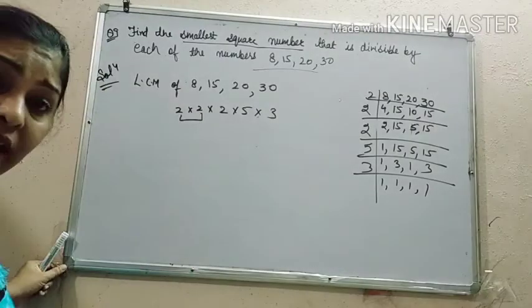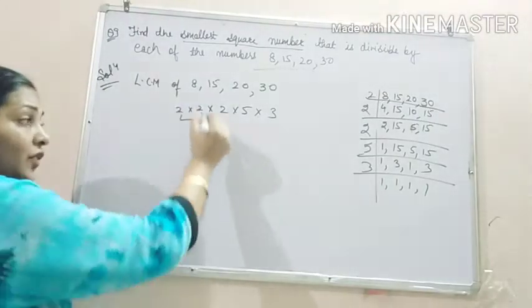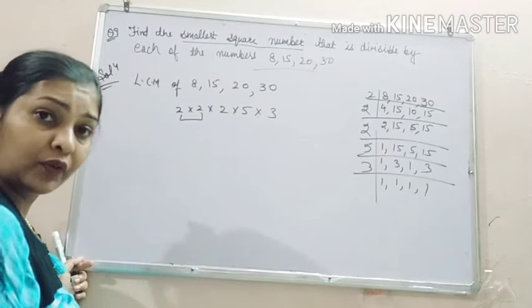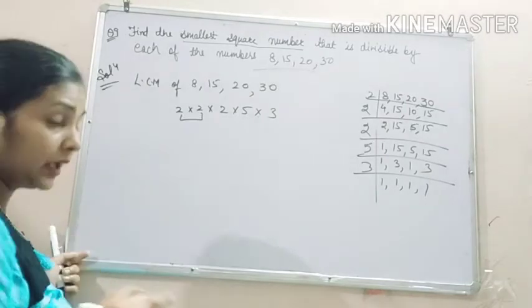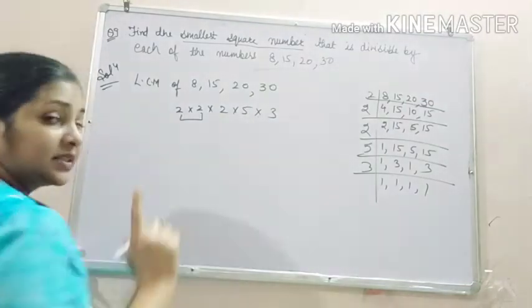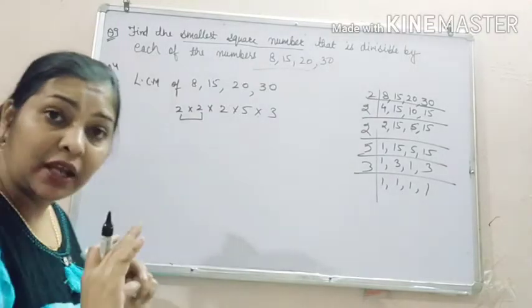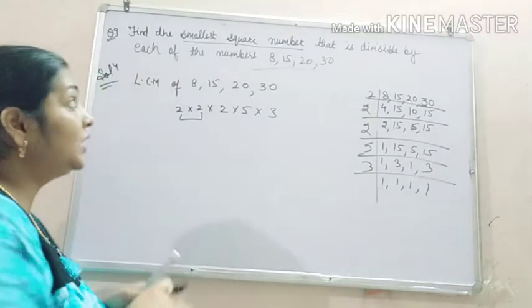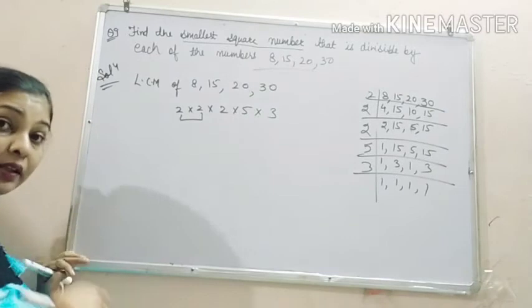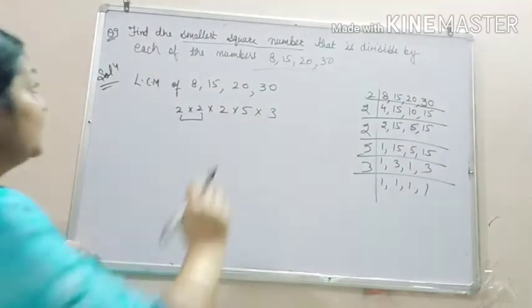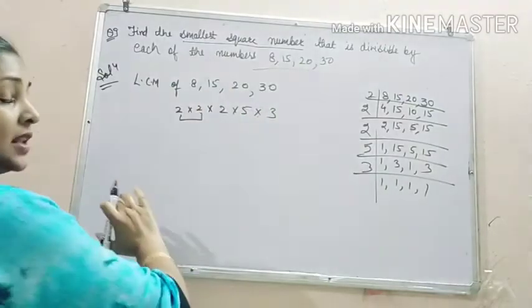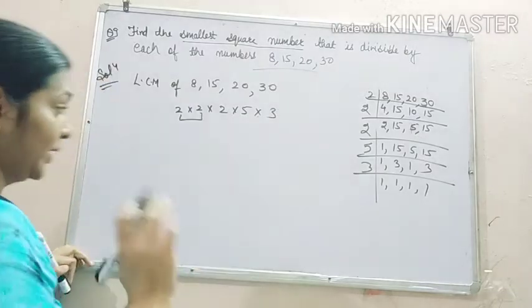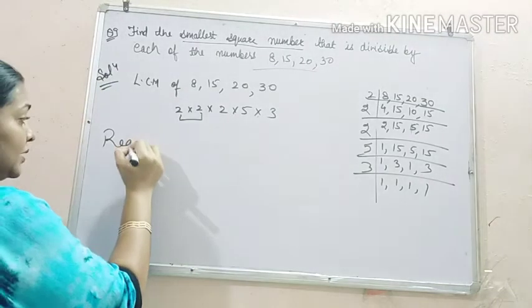But you can easily see that we get only one pair of prime factors. Okay, rest of the factors are idle. So it can't be a perfect square. But we need smallest square number. That means we have to make this number a perfect square. So our required number